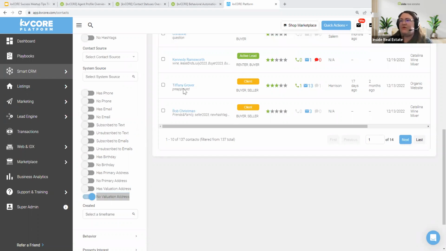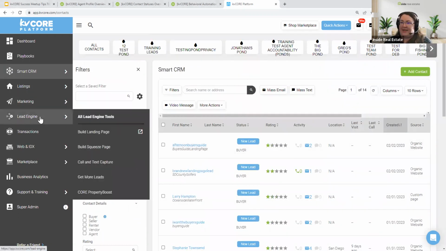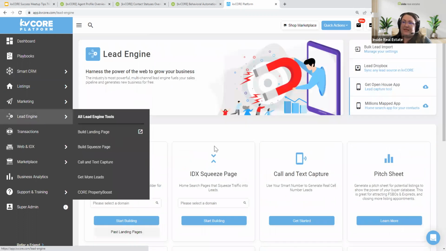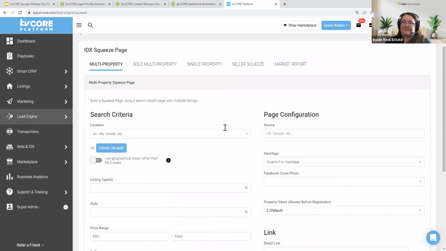How would you text a home valuation link to a contact? Great question. To get a link for that, that's a squeeze page. So if I go to my lead engine and I look at my squeeze pages, I have this seller squeeze option here.